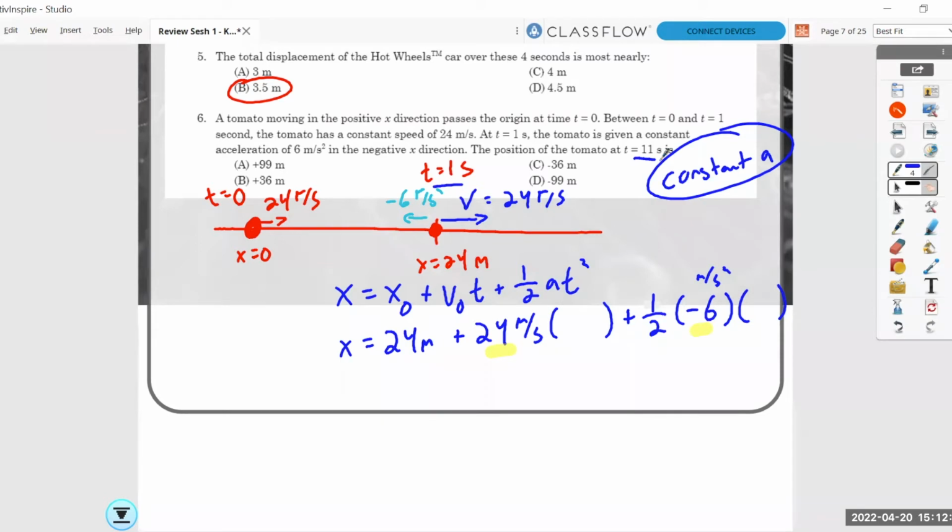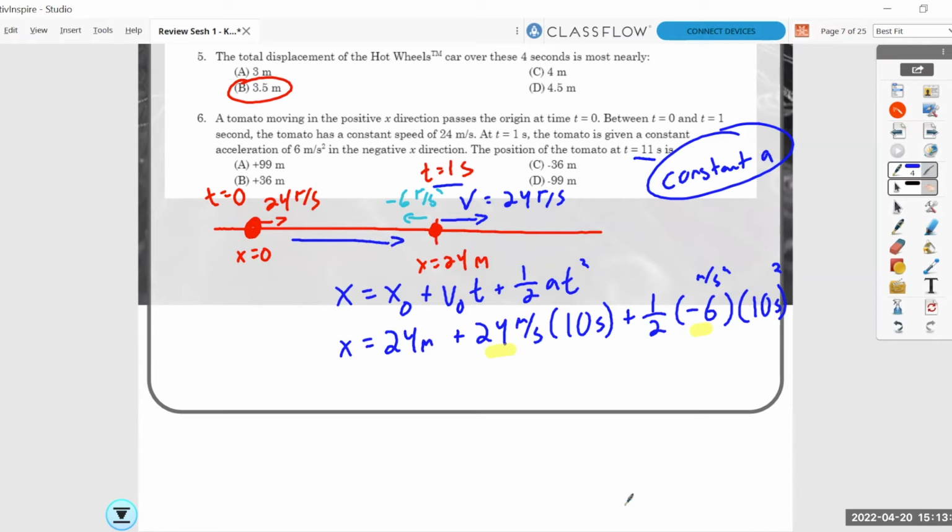How much time are we letting pass here? 10 seconds. Yeah, exactly. We already did the first second, by going from 0 to 24. And at this point, we just have to